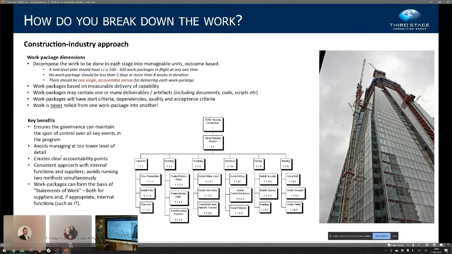So, for example, you might have the install wiring work package, or you might have the electrical work package, okay? And you give that to JDW M&E Limited, and they're going to do all of the electrical work on this building. But you might have install wiring, install outlets, install fixtures. And those three work packages might be done on a per level basis.